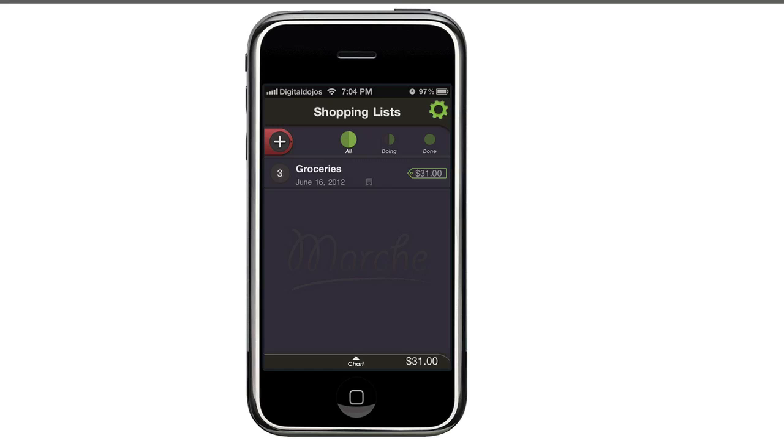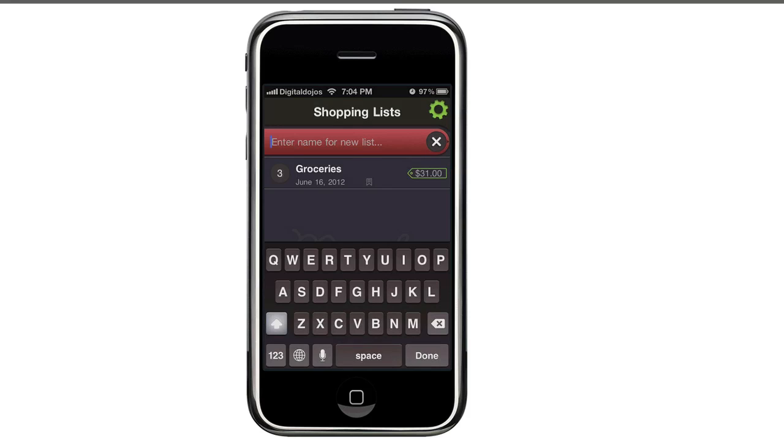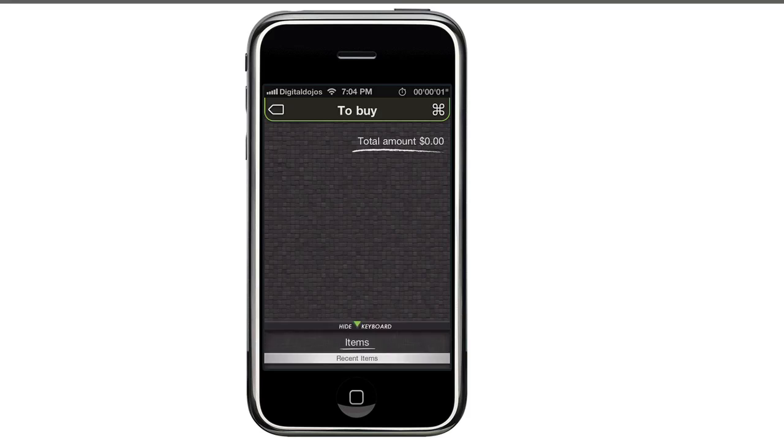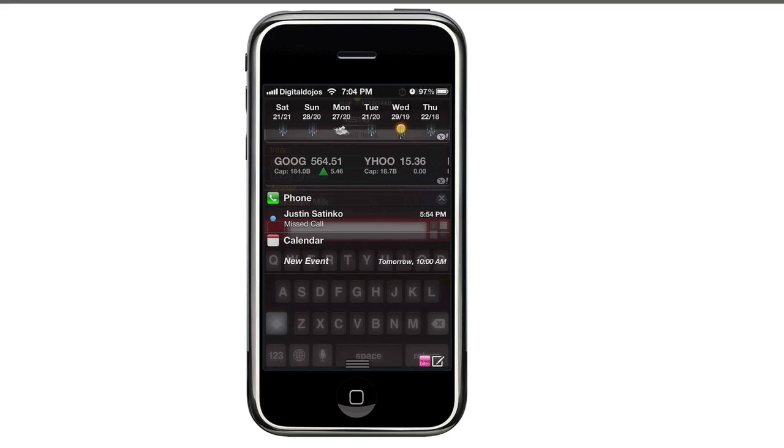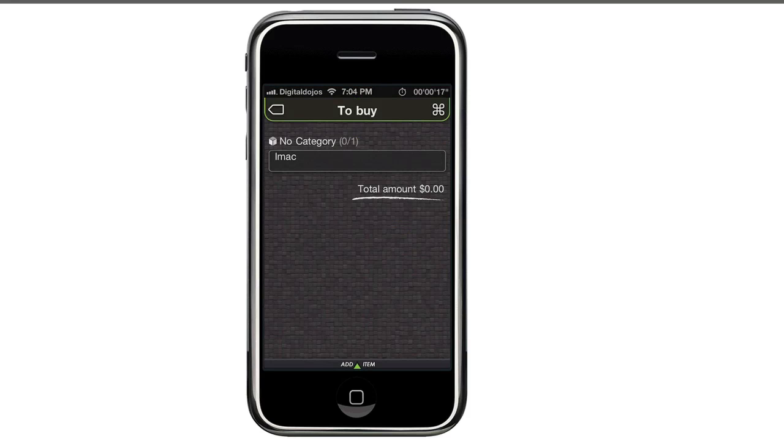Again, this doesn't only have to be used for groceries. You can add your own custom things. Like I said, let's say you need a to-do or a to-buy, I should say to-buy list, so you need to buy certain items. This will also calculate for that. So let's say I wanted to buy a new iMac or whatever, maybe that might not be in here, but I can still hit return, or I can still hit here and then go in and set pricing for that certain item. So I can go back here, oops, not notification center, but I can go into this actual item